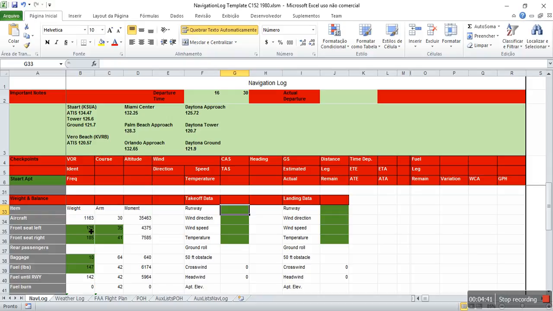As we get information about Stewart Airport, suppose that we're going to depart from runway 12, where the wind direction is 100. Oops. And wind speed is about that, and temperature 28 degrees Celsius. Daytona